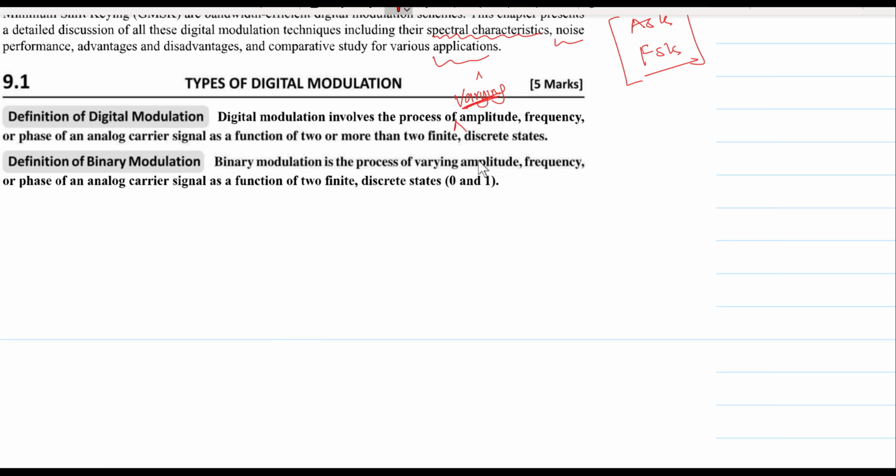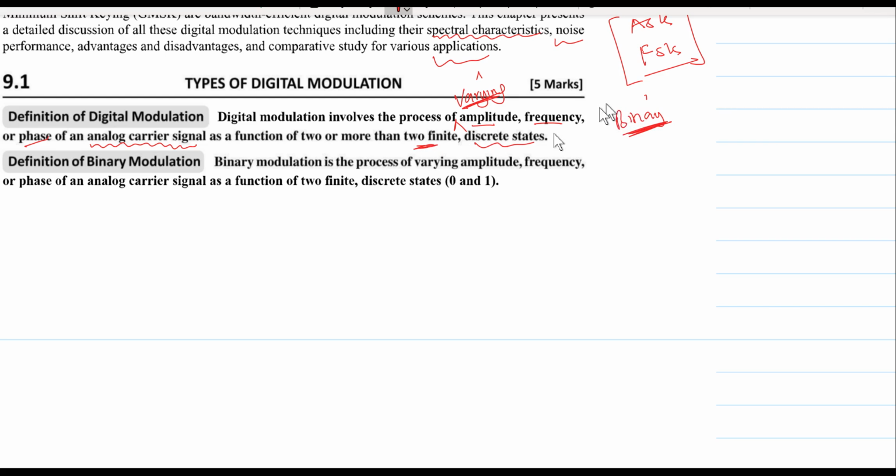the amplitude, frequency, and phase, as I have mentioned, of an analog carrier. Never forget that you're talking about an analog carrier as a function of two or more finite discrete values. So when you say binary, we are saying on the contrary that there are only two discrete values. So when it is two, it becomes binary. When it is more than two,